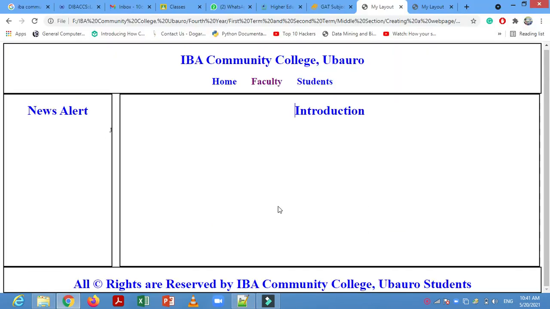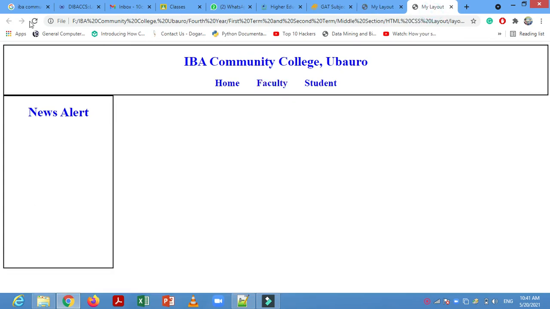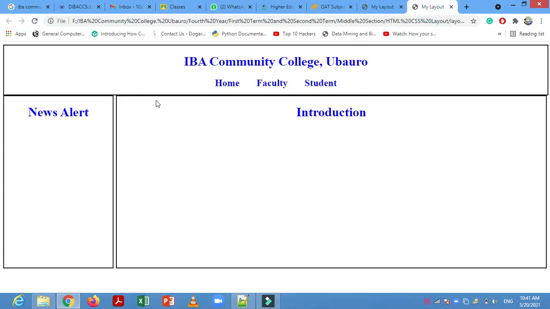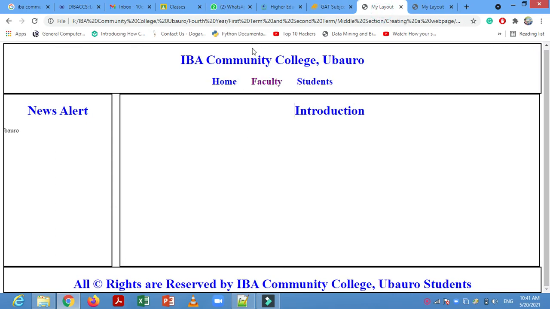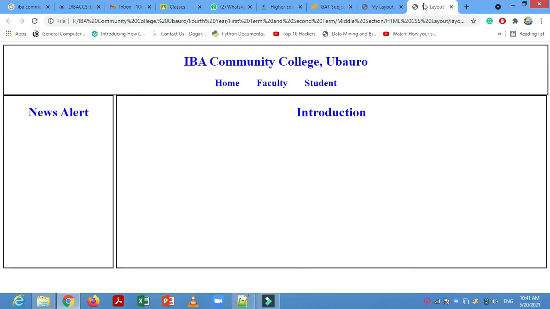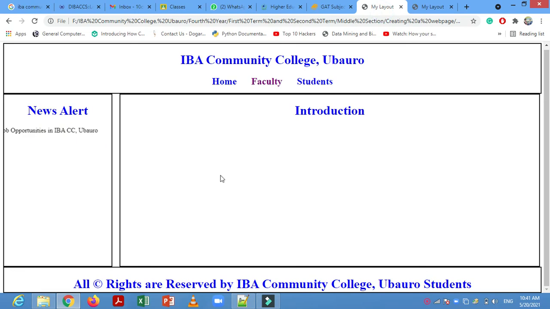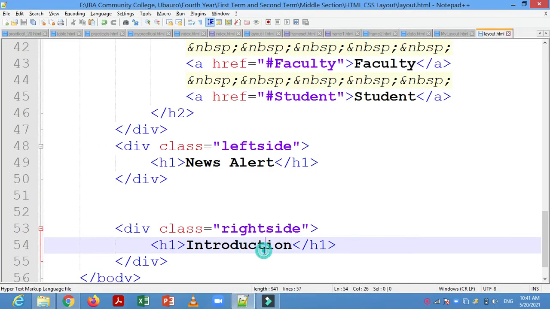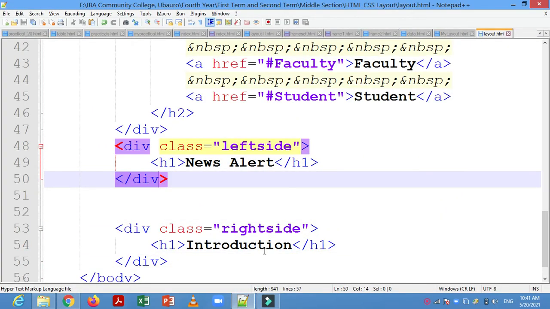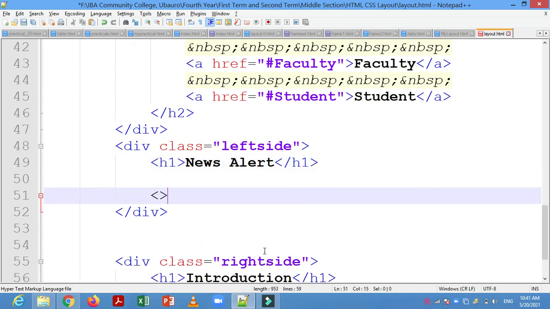Just save it, and here you have to refresh it, see the result, okay. It looks like same, okay. So then we have to write down this link, okay. We can create this link in this section. So here you have to write down marquee.